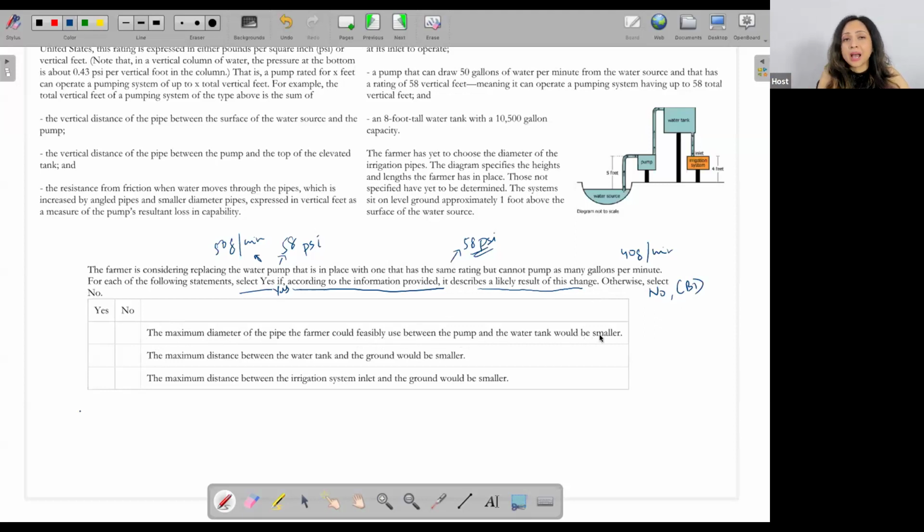Now look, I have absolutely no information about how the diameter of the pipe and this rate of pulling water up are related. They are not given to me in the data at all, right? Even if I try to make out some logic that, okay, in case the pipes are wider, then they'll be able to bring in more water. But then it also depends on the speed with which the water comes up, because it's not just the cross section of the pipe. There are other factors involved. The speed is also relevant. That is what is going to give you the volume of the water that comes up.